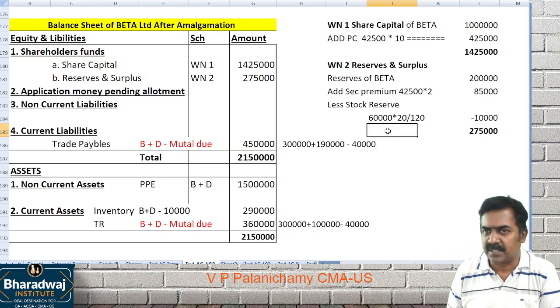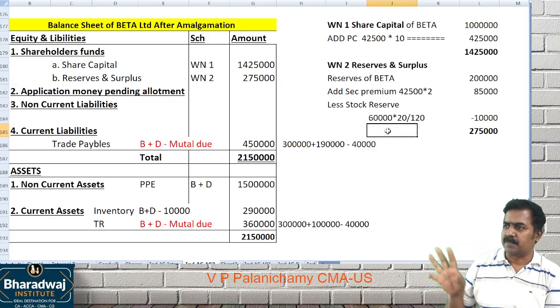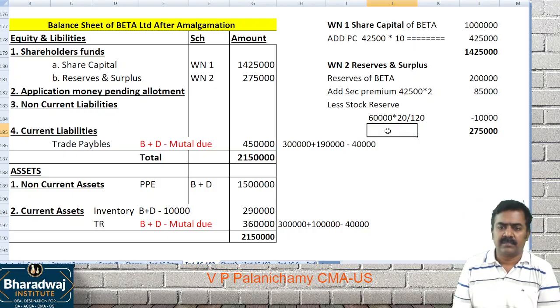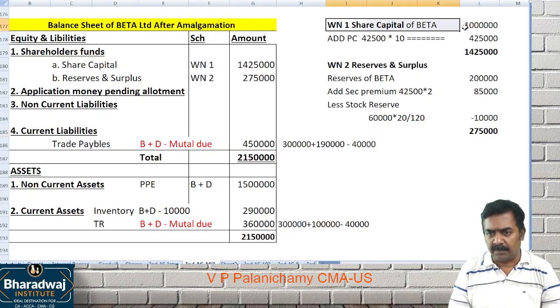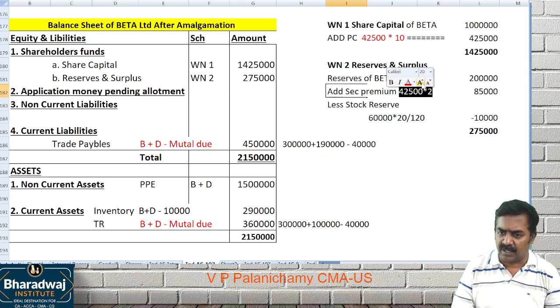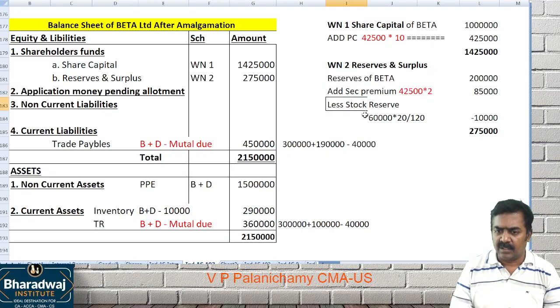Do they ask you to pass journal entry? No. Just prepare which one? Balance sheet. I repeat, share capital of Beta plus purchase consideration: 42,000 shares into 10 rupees, only the face value. Reserves of Beta plus the securities premium in the shares allotted, minus